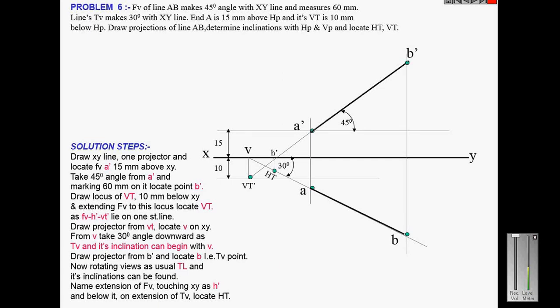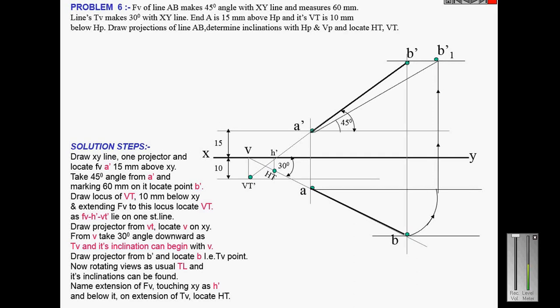So this is the horizontal trace HT, and draw the two locus lines, and then I rotate the point B and make parallel with the reference line. So and then project it, and you will get the true length. This point is B1 dash, join A dash and B1 dash, it will be the true length, and this angle is called theta. This is true inclination with horizontal